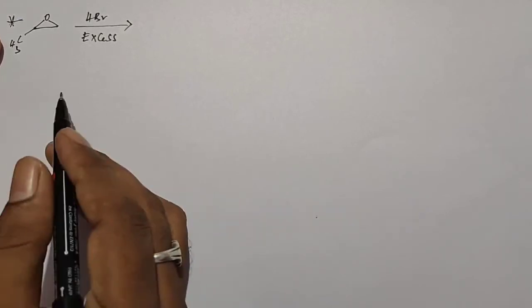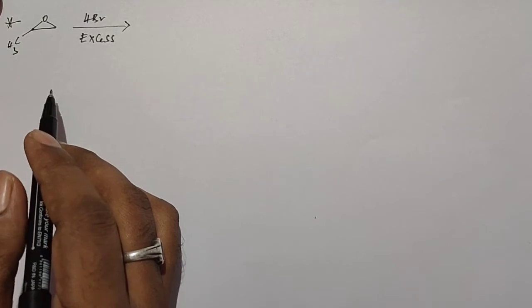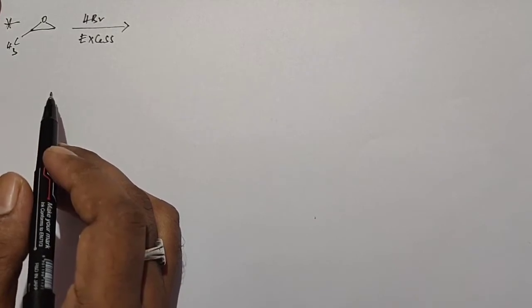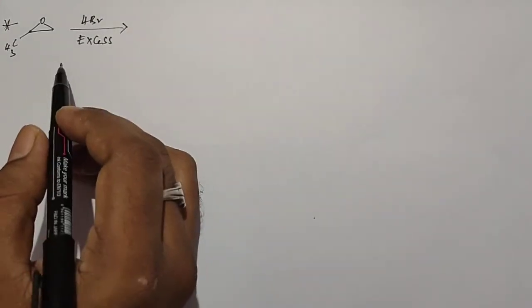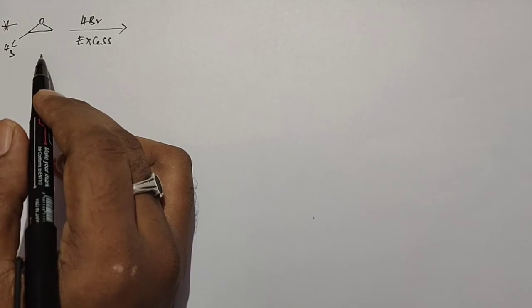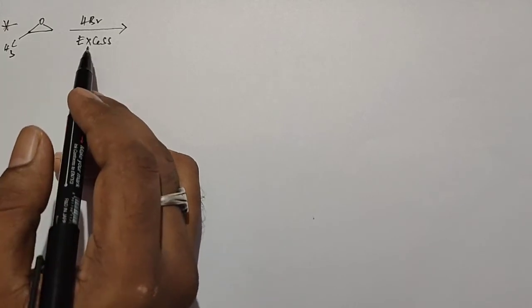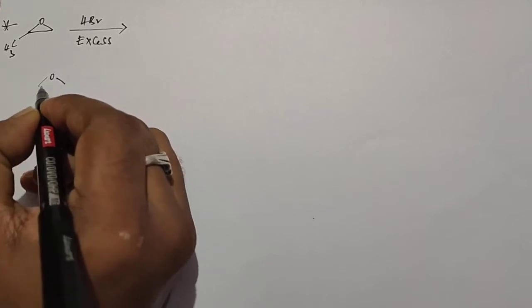So in this session, in this video, we are discussing miscellaneous or incomplete reactions given in previous mains papers. Okay. So this is the first incomplete or miscellaneous reaction. In this reaction, the given compound reacts with hydrogen bromide, excess hydrogen bromide. So we will see how it will end.